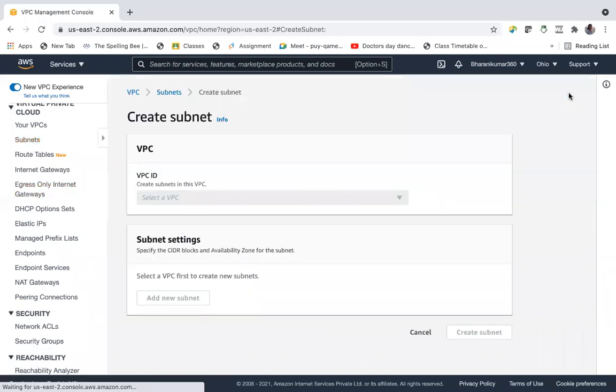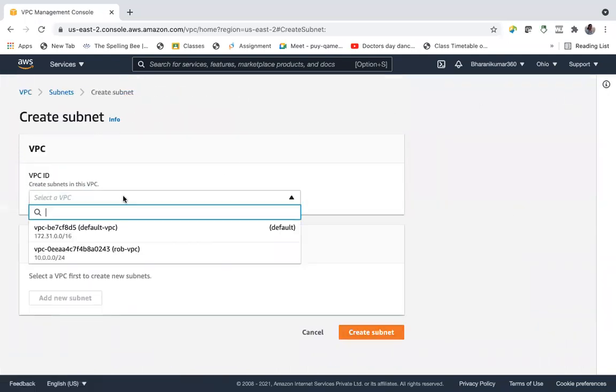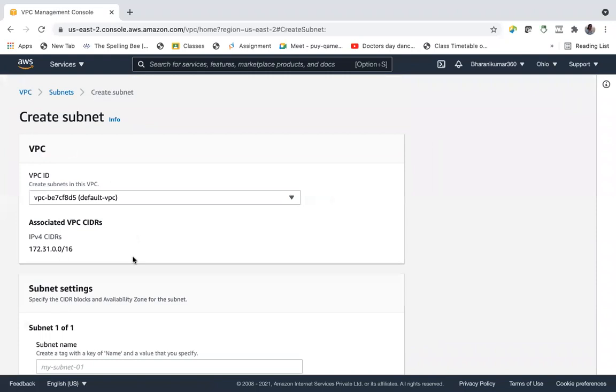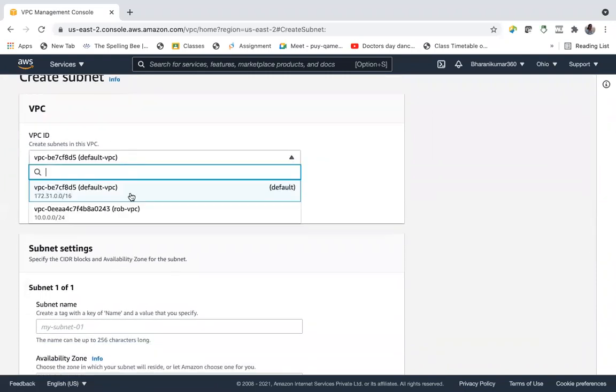And let us create one subnet in default VPC. And last time we got this when we created a VPC in our own, when we launched an EC2 instance in our own VPC, and we tried to execute the ping request. For some reason, it's not coming. So let's try with default VPC.